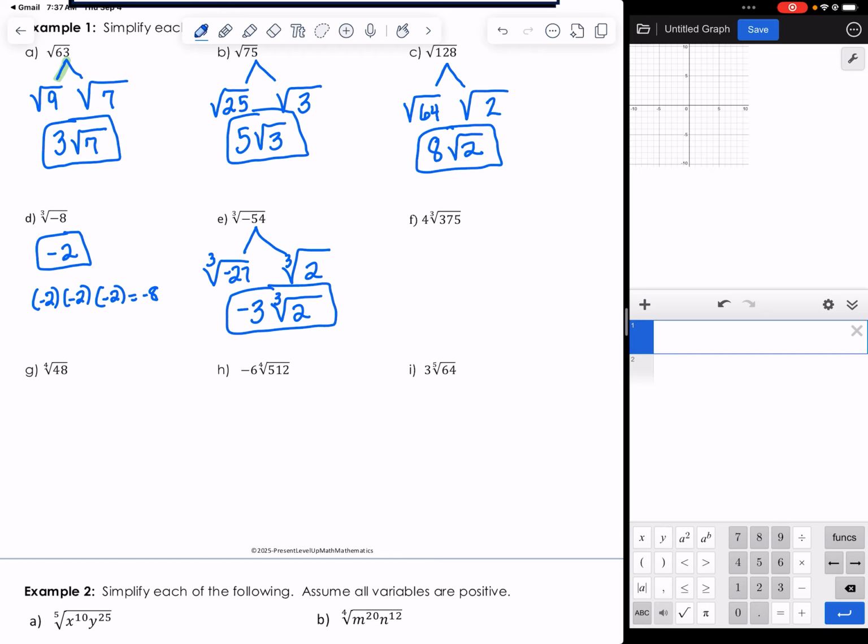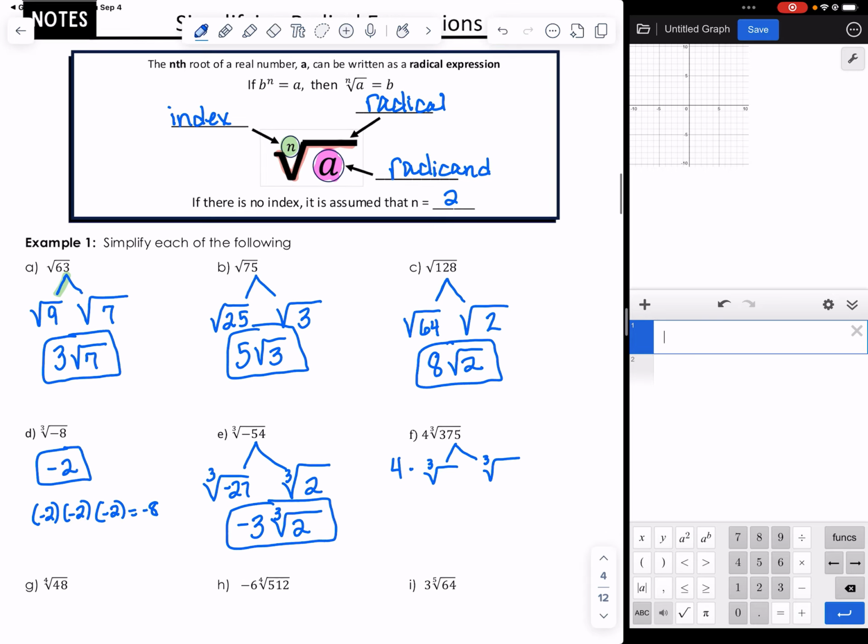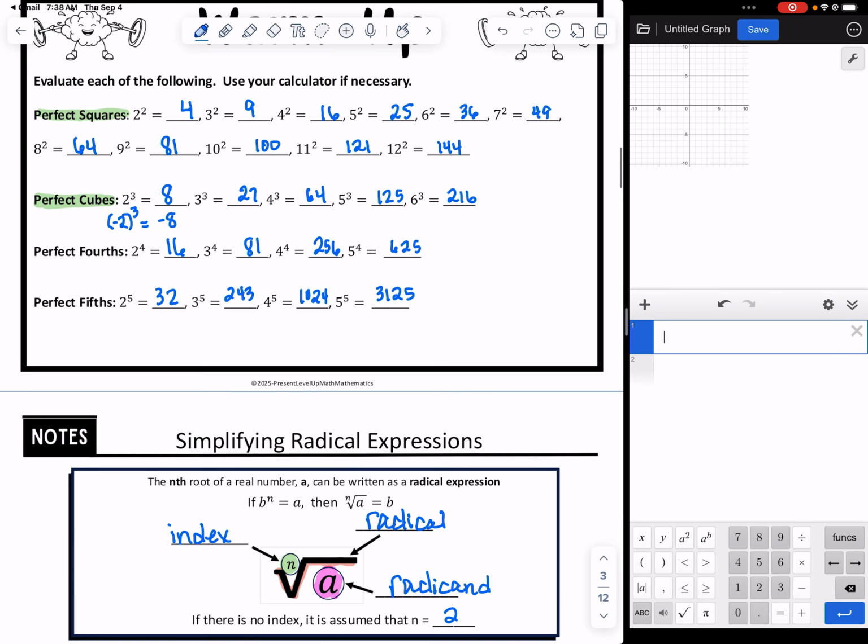All right, problem F. We have 4 times the cube root of 375. So in this problem, I'm going to bring the 4 down, and then I'm going to split 375 into 2 different cube roots. So I want to go to my list and find a factor of 375. And in the list, I notice that I have 125. And 125 is a factor